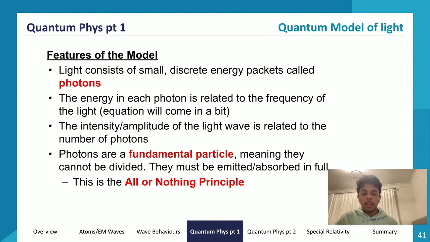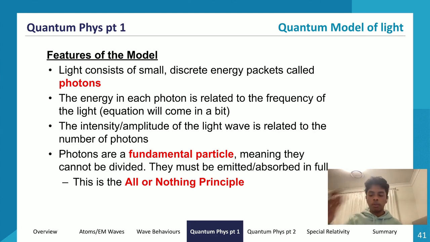So that was experimental evidence favouring Huygens' model, and it was not favouring the corpuscle model. The important thing to realise is, as scientists, we use experimental evidence to develop and further improve our current models. So experimental evidence is what leads us to improve on our models and gain more accurate representations of the phenomena that we see in real life.